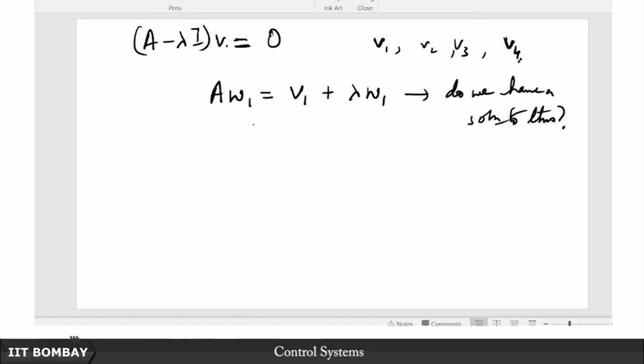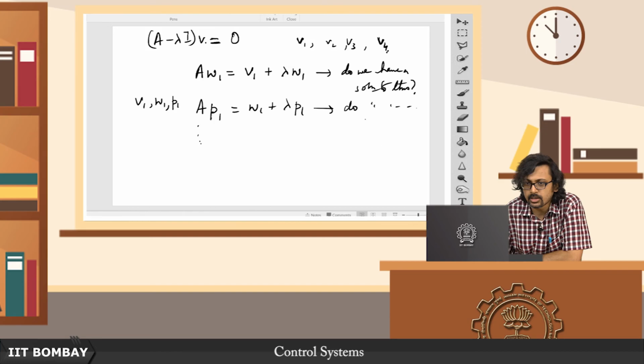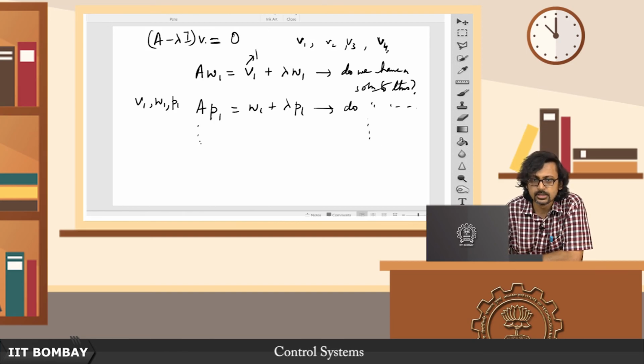If we do, then stick together v1 and w1. Then at the next step you take p1 equal to now w1 plus lambda p1, and again ask, do we have a solution to this? If so, then you update your set with p1, and you keep on like this till you encounter an answer yes to this question, that do we have a solution to this. So remember, in this equation this is known, in this equation this is known. What we are trying to evaluate is